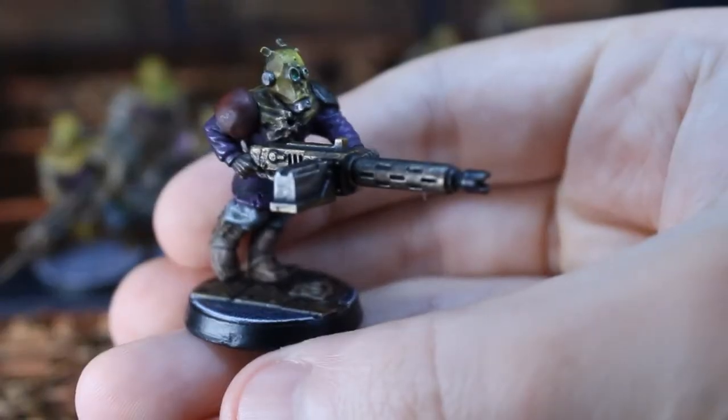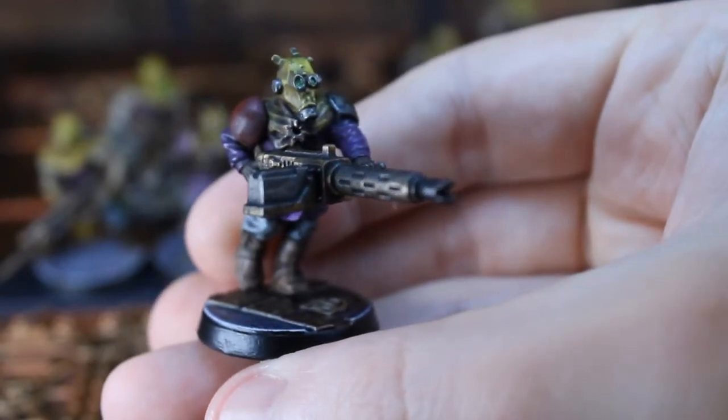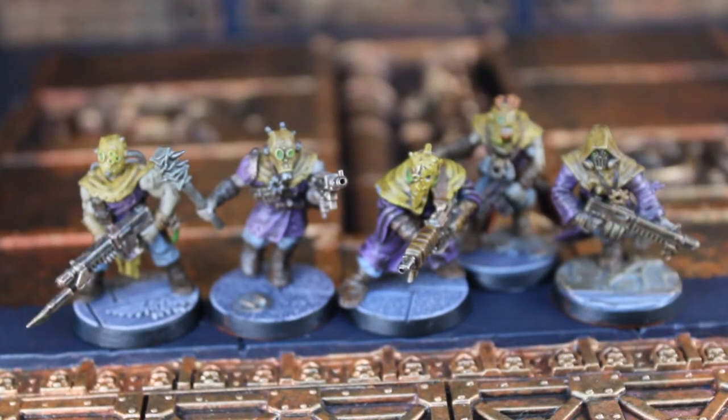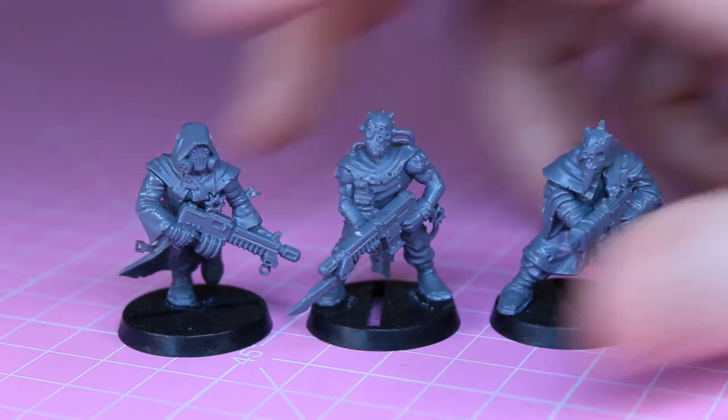In this conversion guide, we will show you how to convert your own heavy stubber cultists for a fraction of the cost of those found on online auction sites. We will be basing this conversion on a model from the same set of 5 easy to assemble cultists available in hobby stores everywhere. The 3 Chaos Cultists armed with autoguns are the best equipped models out of the box, and seeing as no one wants to see those sweet autoguns go to waste, we won't be using these models